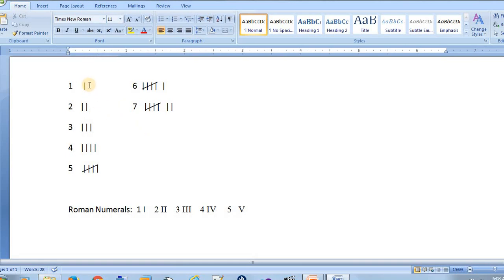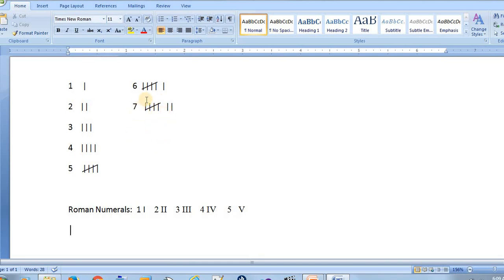If I take 1, 2, 3, 4, 5, 6, 7 and so on, in the non-positional number system we just go on adding these symbols, like 1 for 1, 2 for 2 pipelines, 3 for 3 pipelines and 4 for 4 pipelines and so on. So when I reach 5, I will write 4 pipelines and then put a slash here. So this indicates 5. Same thing if I want to continue with 6, I will write 5 and then put one more pipeline. Similarly for 7, and so on it continues.